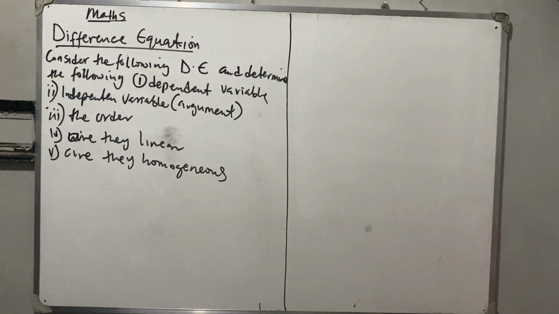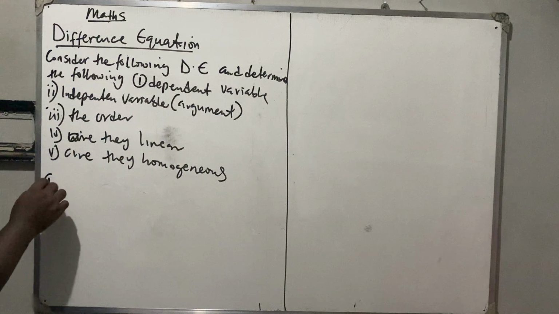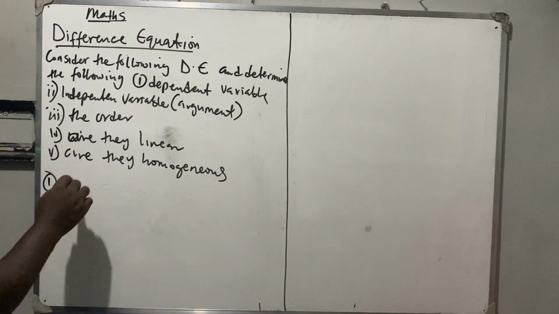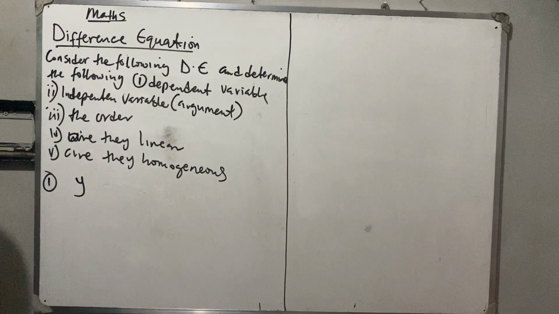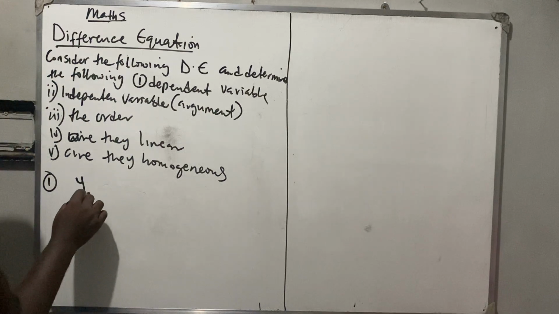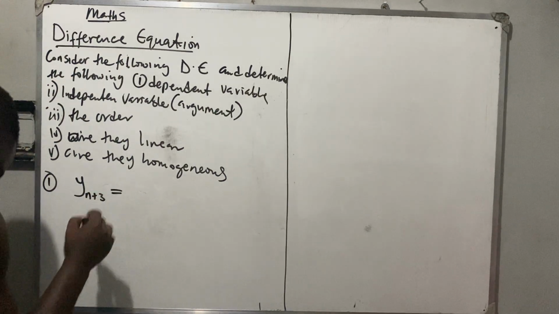Now, these are the 5 things we'll be considering for each and every difference equation I'm going to be writing. So, number one, we have that y(n+3) is equal to